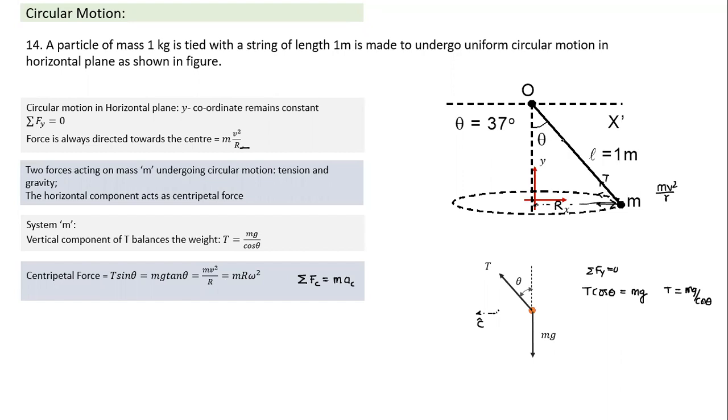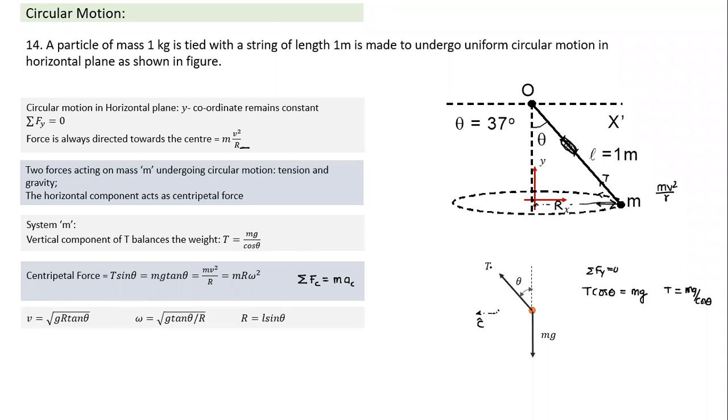Suppose we break this string and put a kind of spring which can measure the value of tension. You will find whatever we calculate here will exactly match that number. So basically, it is just coming from application of laws of motion. Here, compared to previous cases, what has happened? Centripetal force is being provided by the horizontal component of this tension force.